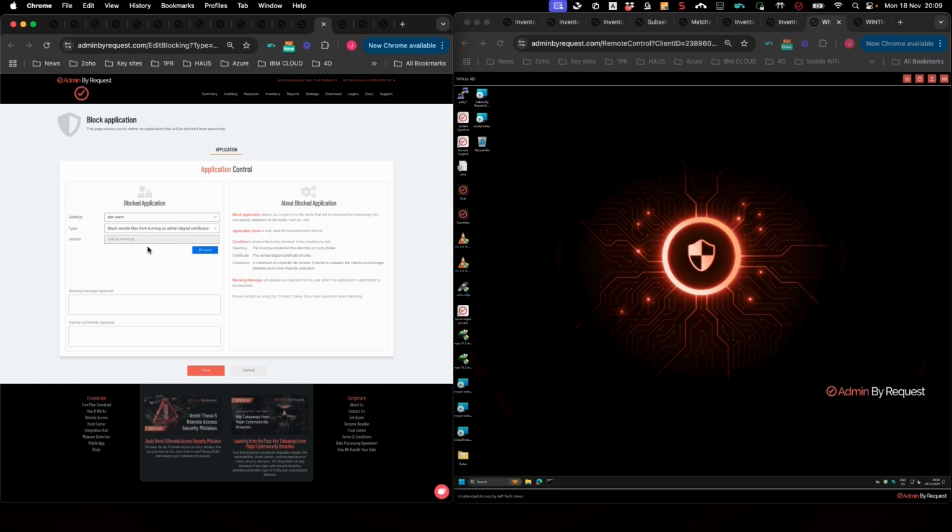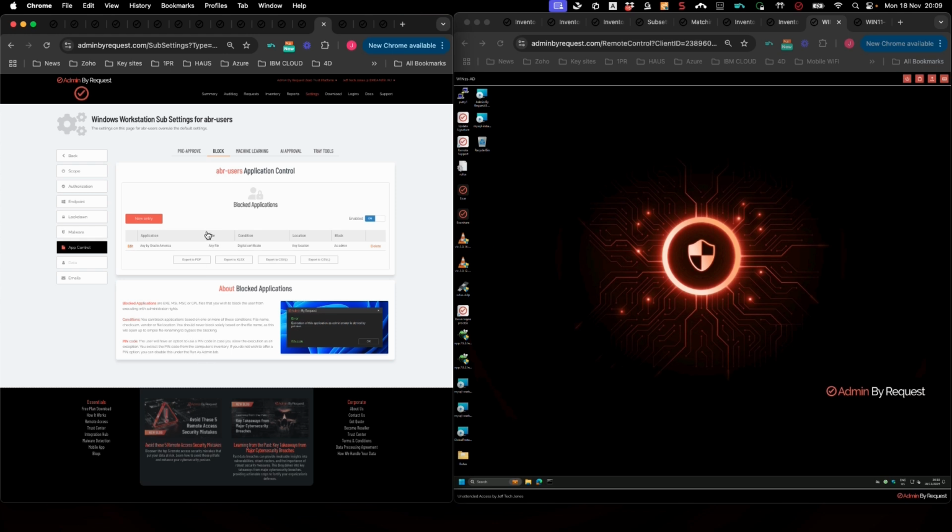certificate. So it's going to basically allow me to block anything made by Oracle, and I'm going to put in an Oracle allowed, like so. I'm going to say call help desk to install. Okay, and I can put a number there if I want to. Just hit save. So this is going to send the blocking rule to my subsetting ABI users for anything that is made by Oracle. And when I mean blocking